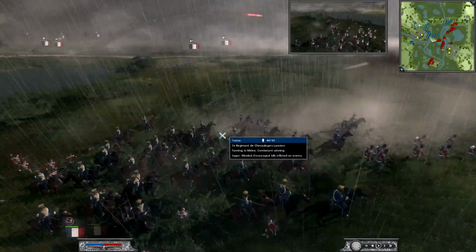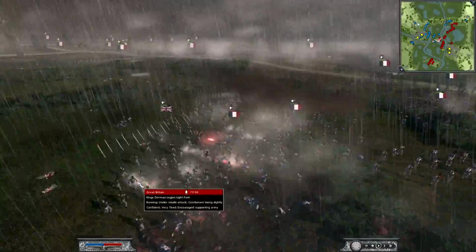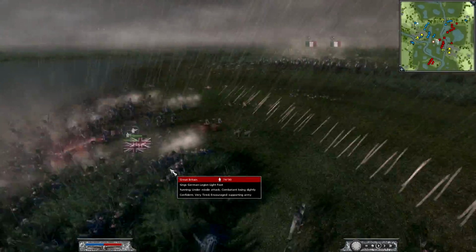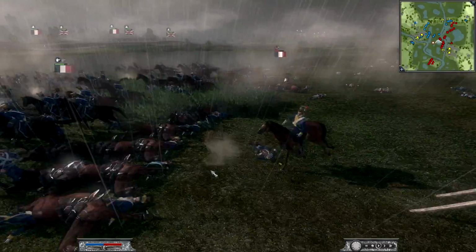You can see over here another cav charge on our skirmishers, this one by the 7th Regiment Lancers, elite French unit there, and they are actually going to rout one of my Lightfoot units, because that one was too far out, so I just left it there. But the rest of these guys are going to stay behind the stakes, and this is what happens when you run cav into stakes. It lagged for a second, but there goes